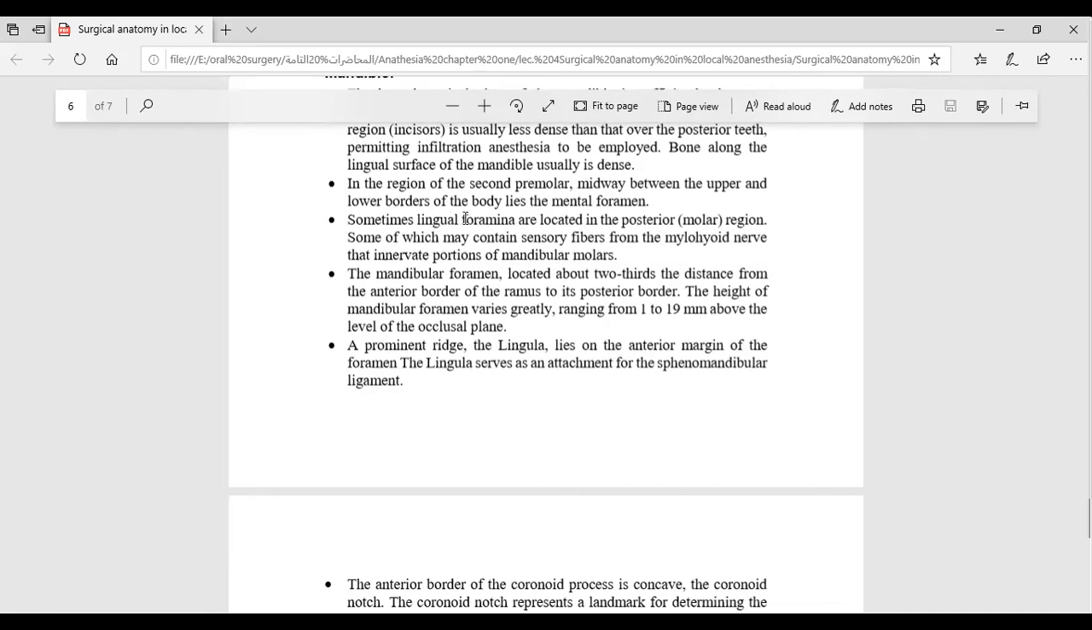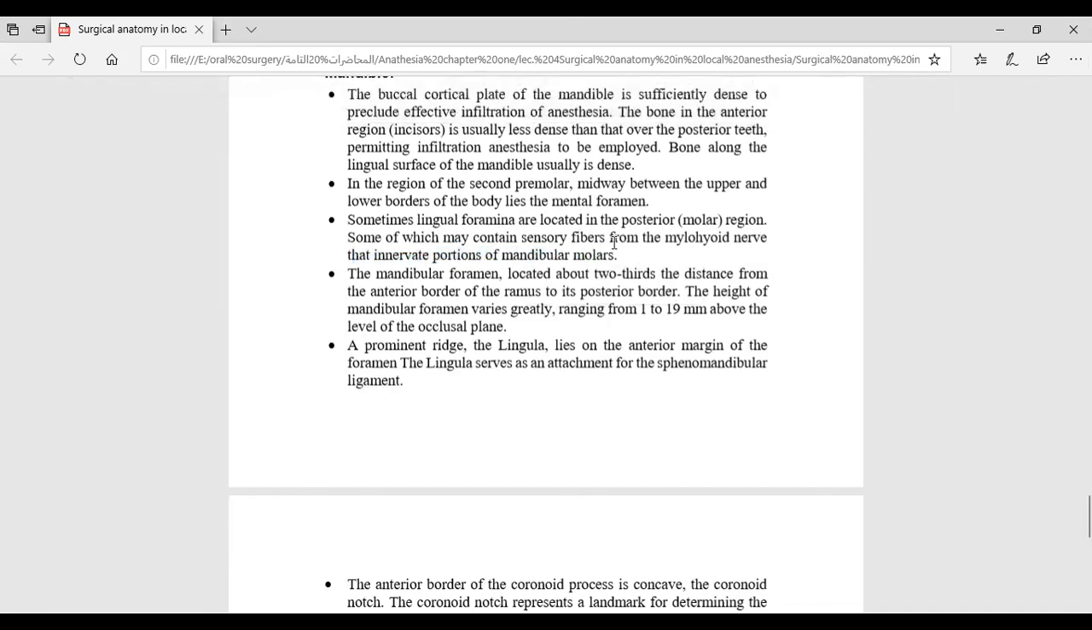Lingual foramen means from the lingual side. In some cases we have a small foramen called lingual foramen through which the mylohyoid nerve enters the body of the mandible to innervate the posterior portion of the mandibular molars. As I mentioned in the previous lecture, in some cases we give infiltration, or rather a nerve block of the inferior alveolar nerve, while we still have sensation. This sensation may be due to the presence of